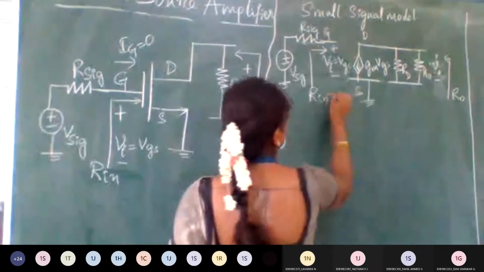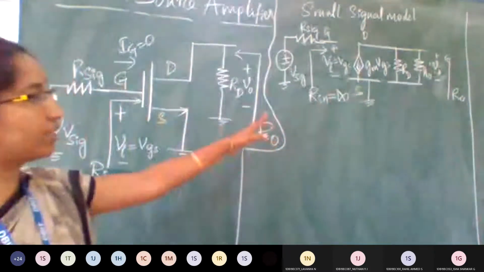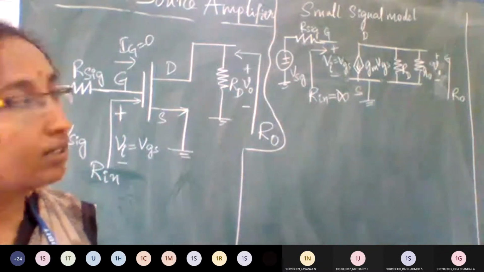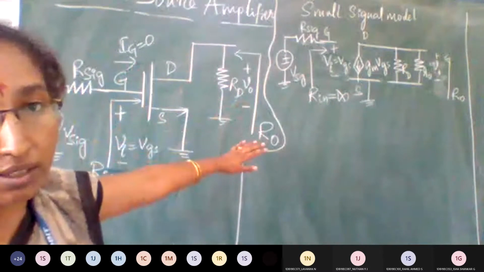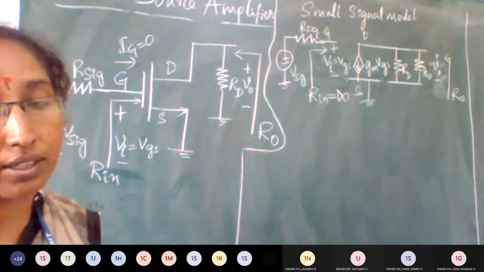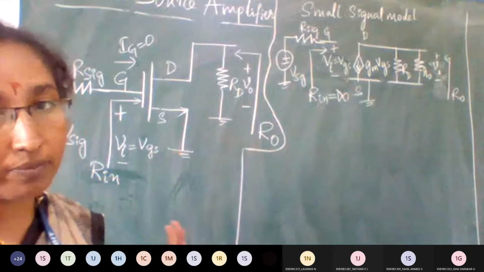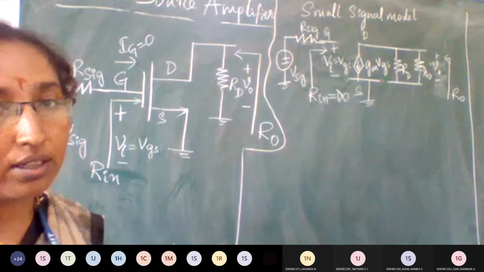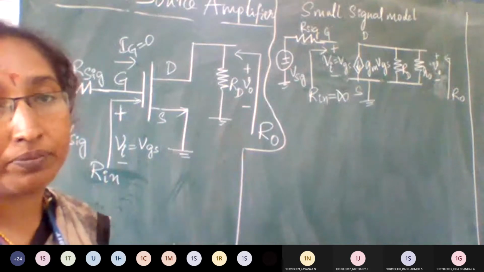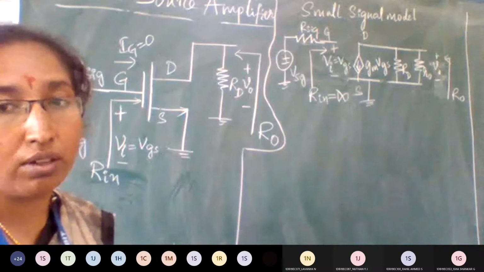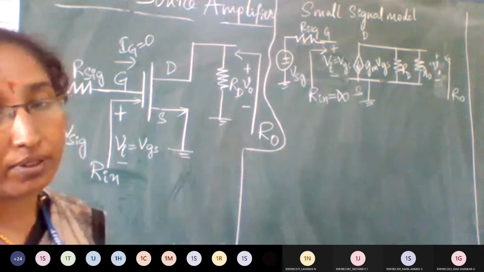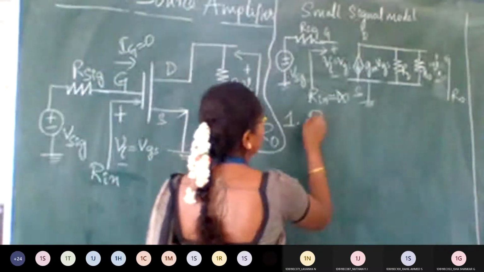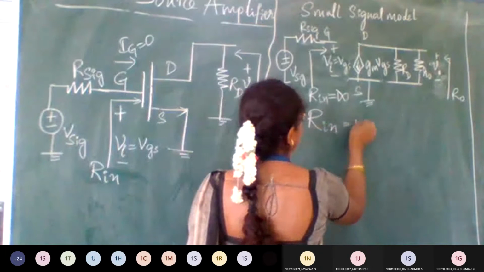Very high, I can say infinity, because resistance is voltage by current. I'll be measuring input resistance towards the gate. So the current is 0, and voltage by 0 will be infinity. So the input resistance is infinity, and our work is done. One parameter is directly known: the input resistance is infinity. Remember, whenever you are giving input to the gate, by default Rin will be infinity. You need not analyze or apply any rule. It is understood that Rin is infinity. So the first parameter we were supposed to find out is Rin is infinity.